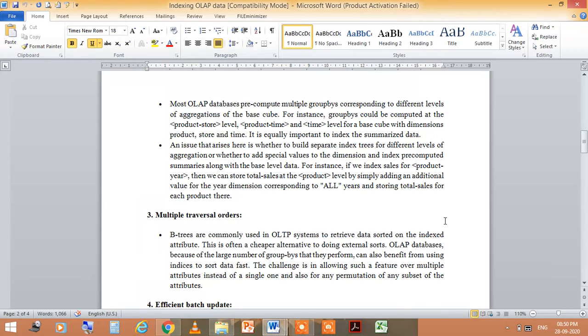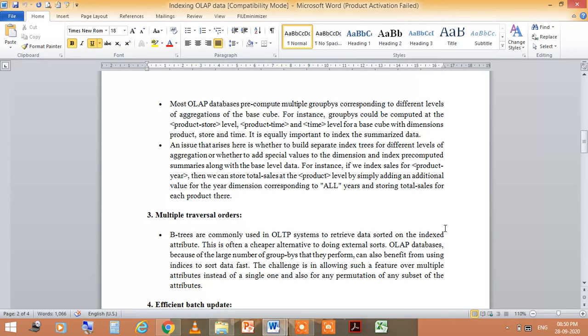For instance, if we index sales for product and year, then we can store total sales at the product level by simply adding an additional value for the year dimension corresponding to all years, and storing total sales for each product there.